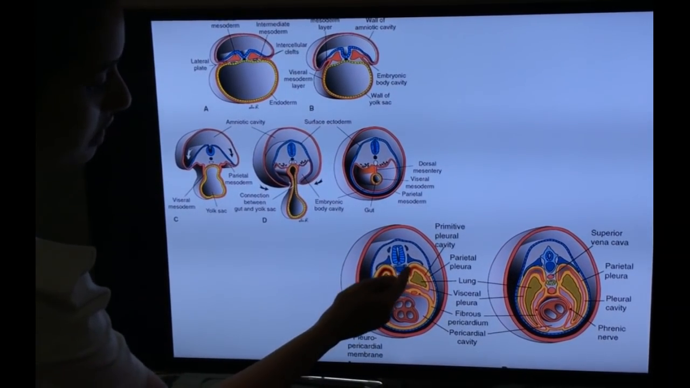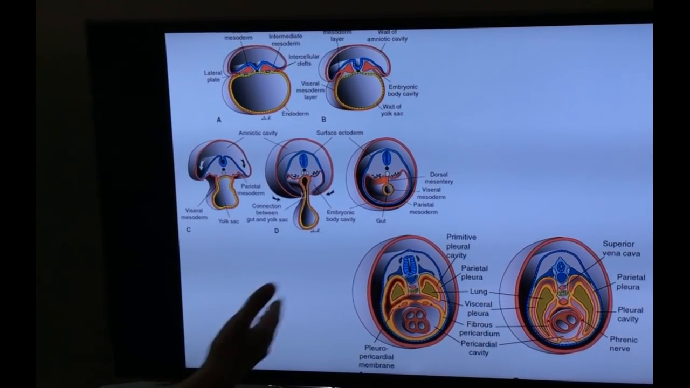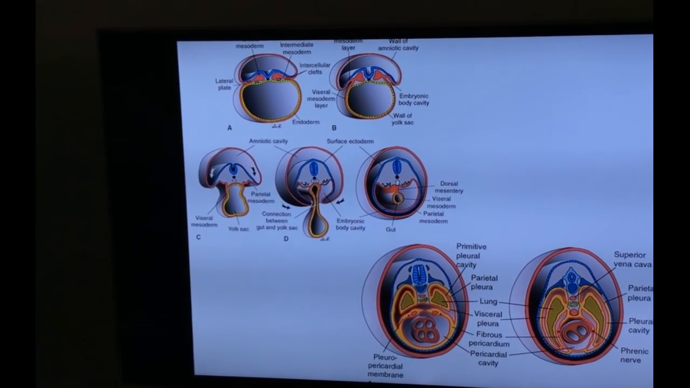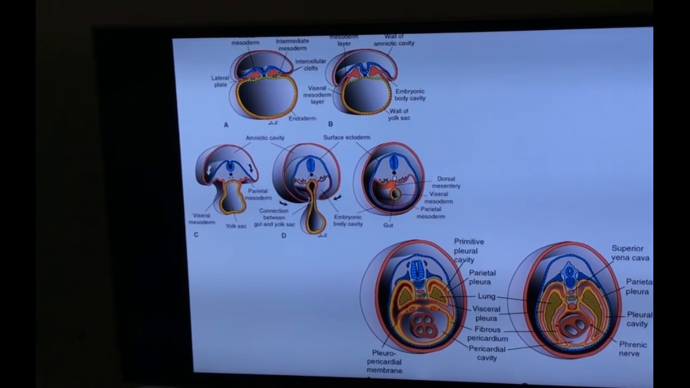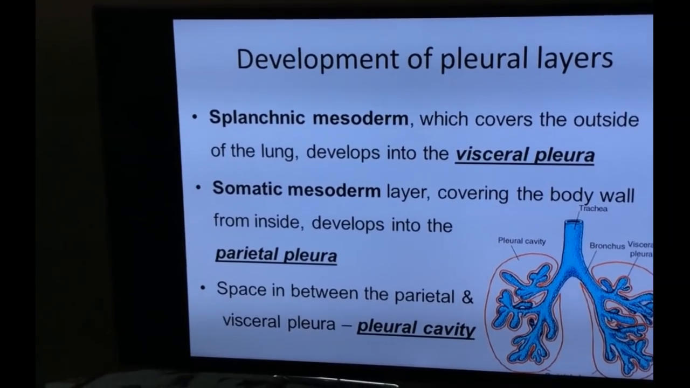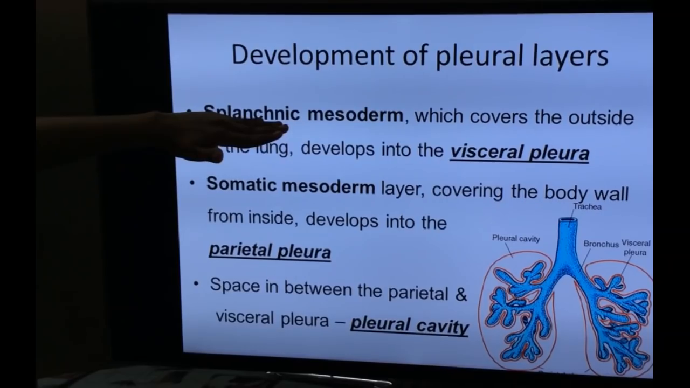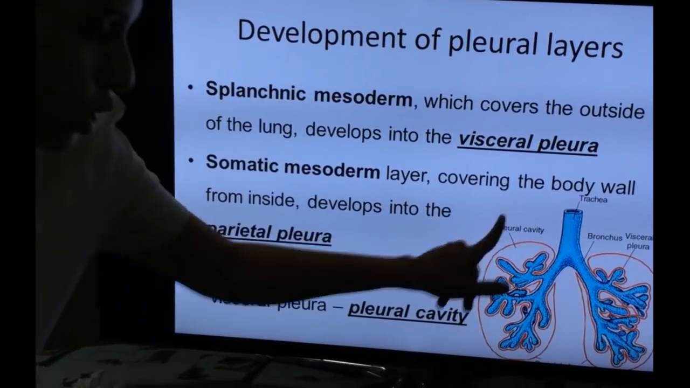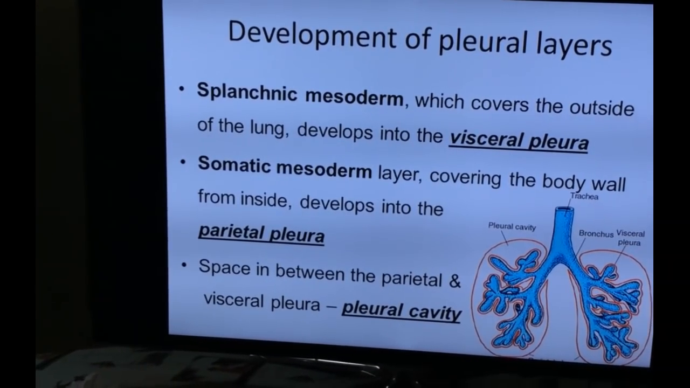The remaining space surrounding the expanding lungs will form the pleural cavity. This pleural cavity is surrounded by two layers, the parietal layer outside and the visceral layer inside. The visceral layer of the pleura is derived from splanchnic mesoderm, which gives rise to the muscles, connective tissue and cartilages of the